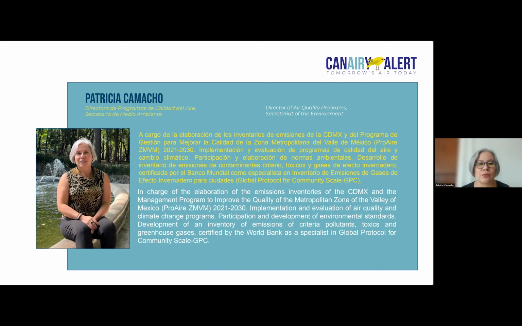And something that I'd like to mention, I'm not sure whether this was part of the question or not, but I'd like to mention it anyway, because I think that the fact that we do these inventories in an integrated way is essential. They are the basis for our air quality and climate action programs. In the Secretary of Environment in Mexico City, air quality is one area and climate change is a different area. They're separate, but we estimate the inventories for both categories and for both offices. And this has been a huge advantage.